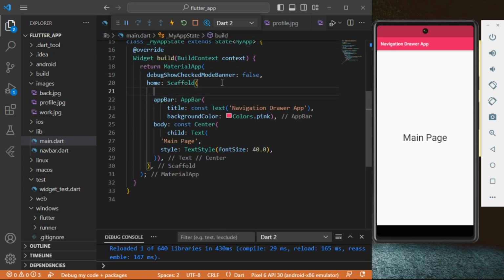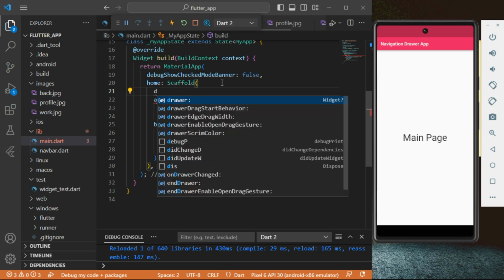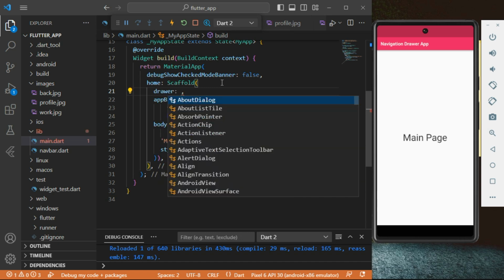Alright, so then go to your Scaffold on your main.dart page. Then inside Scaffold, we're going to create the drawer. So inside here, we're going to type in the word drawer. Then we're going to type in the word